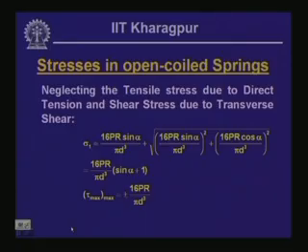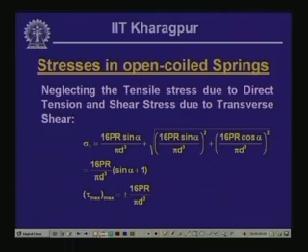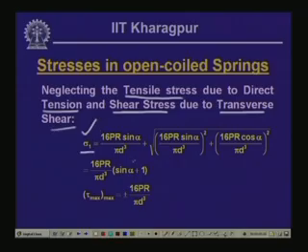Now, if we neglect the parts, as I have said, the contribution of the axial tensile pull or the transverse shear is very insignificant in comparison to the stresses induced because of the bending and the twisting moment. Now, if we disregard the stresses because of the direct tensile pull and the shear stress due to the transverse shear, then the maximum normal stress sigma 1 we can write as